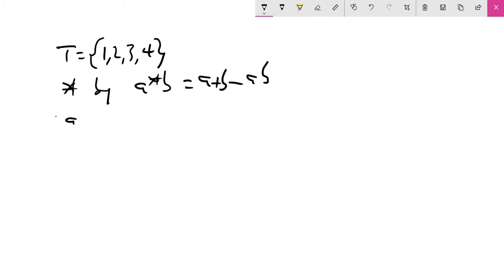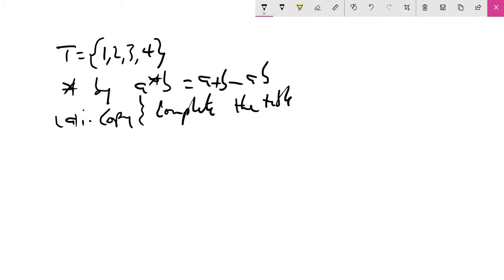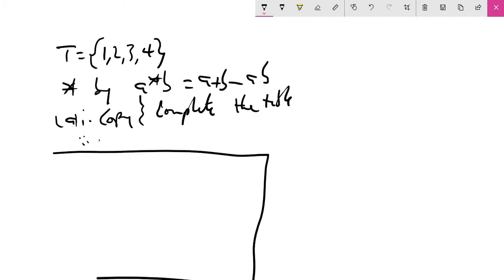The first question says copy and complete the table. And then the second one asks, is T closed? So the table given was